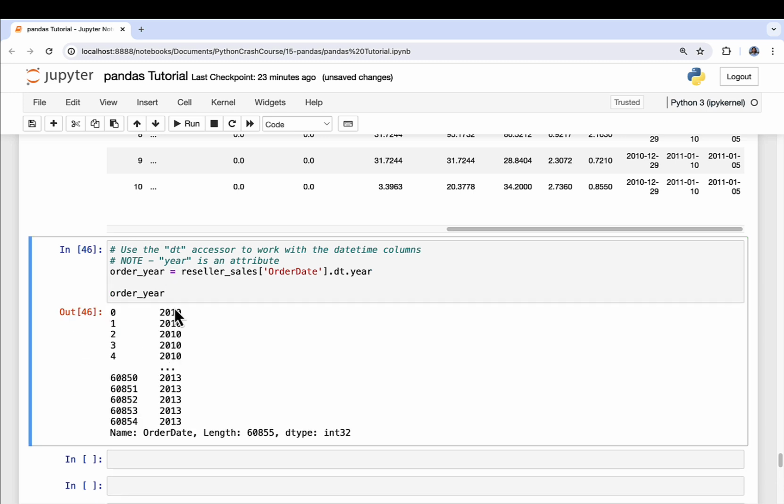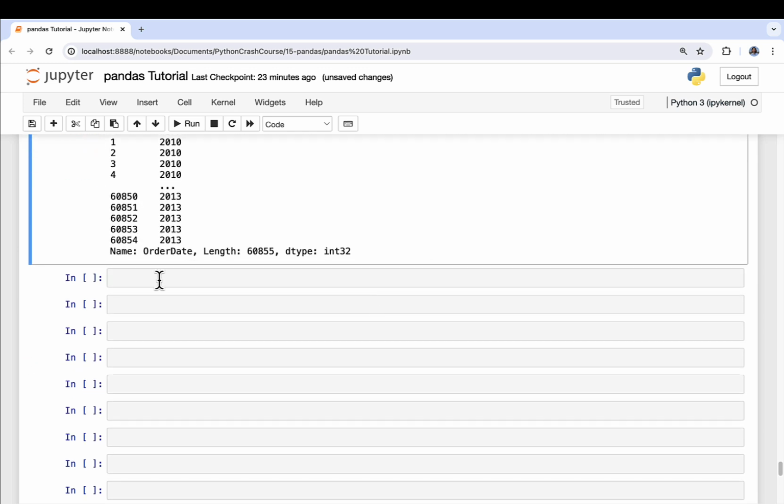And what we can see here, sure enough, here is the year as integer values. You can see here they're int32s. This is a series object of all the various years. It's essentially plucked out the year value from the dates, the date times, and then just provided me a column of that. And this is super, super useful. We do this all the time in real world analytics. In fact, when you're doing advanced analytics in particular, you typically never want to use raw date times. You actually want to extract out the pieces of the dates like you see here. So continuing with this theme,